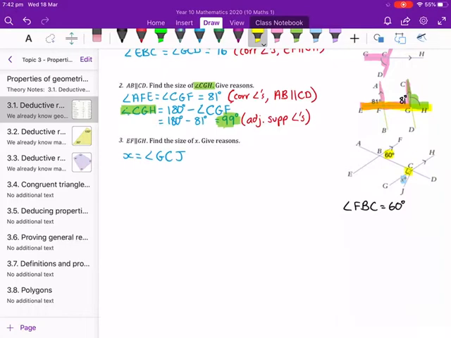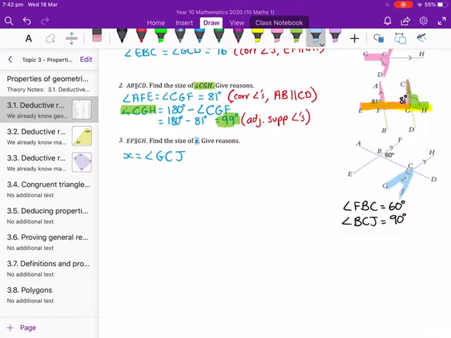This 90 degrees here is saying that angle BCJ is equal to 90 degrees. So we're going to use these two bits of information that we have been given in order to solve our problem. So the first thing I'm going to do is I'm going to go around angle X, which I've done,